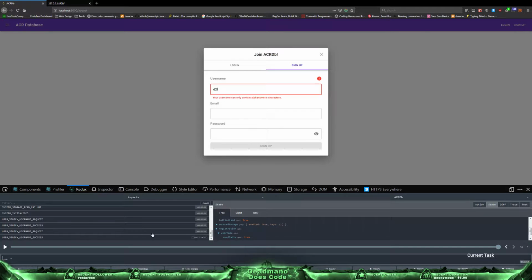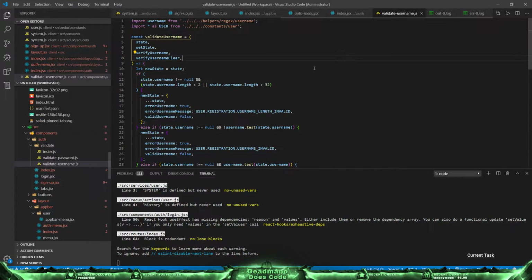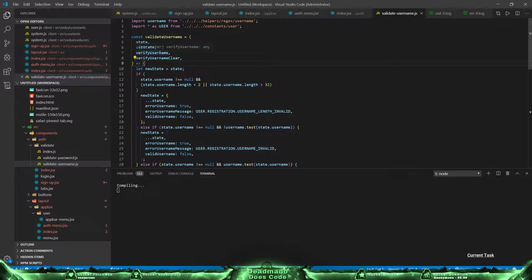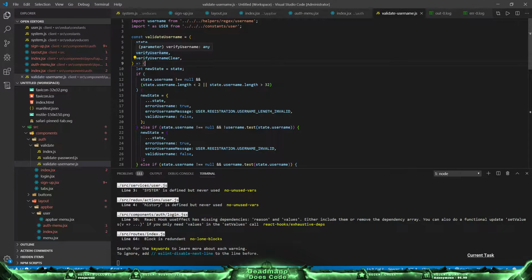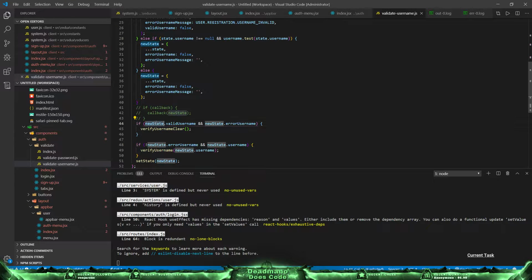Should have called the function, but it didn't. Verify username clear. So let us go into validate username. Verify username clear. If new state, it is still new state, right? Yeah. If new state dot valid username and new state dot error username. If there's a valid username, which there would be, and there's an error,